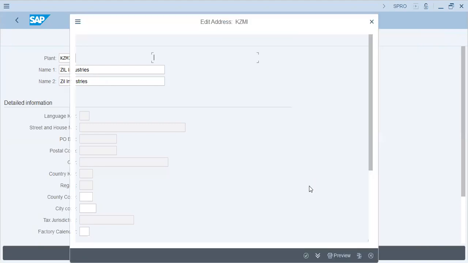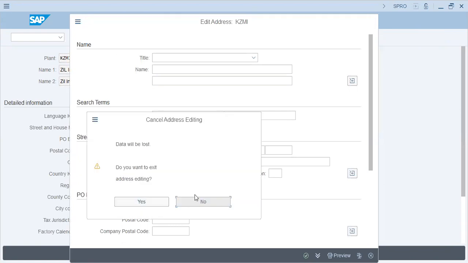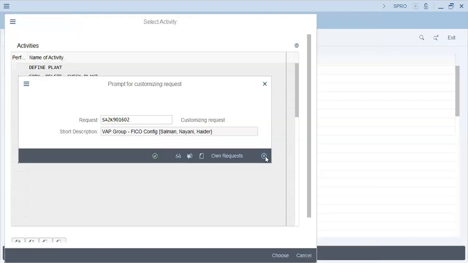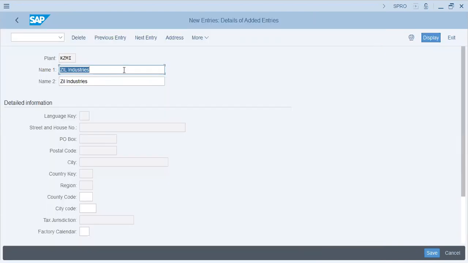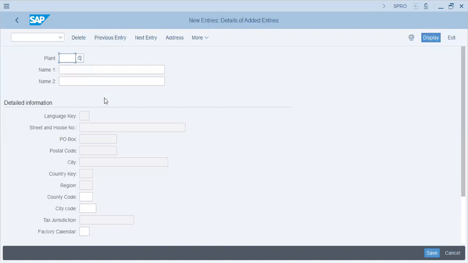Save, or let's do it another way. Okay, ZIL, ZIL Industries, save,